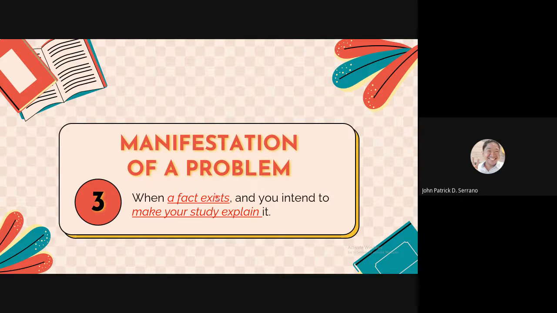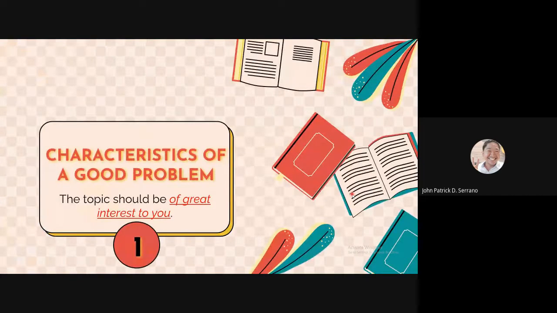O kaya, may mga estudyante na hindi na nagpapapasok, extreme absenteeism, ganyan, or hindi na halos nagsasubmit ng kanilang outputs to your subject. That's a fact kasi those are recorded kung tutusin, and you are sure na hindi talaga sila nagsasubmit. But you do not know the explanation. Hindi mo alam kung ano yung dahilan, bakit ganun yung nangyayari. So if that's the scenario, that's a good manifestation of a problem in your research proposal po.